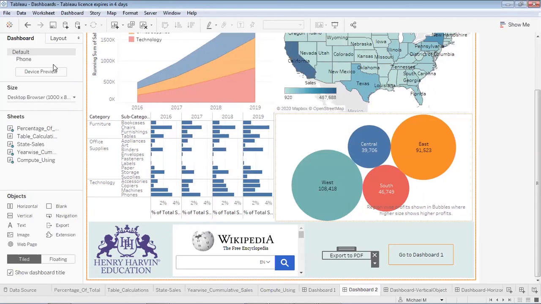One thing over here: right now, what we made was the dashboard in only default mode. If we would like to have these dashboards specific to a particular phone, say an iPhone or a specific phone, even that you can do. Since this is a 14-day trial version, you don't get an option to change the view as per phone or tablets. But if we buy a commercial version, we can easily change our dashboard visualization to suit the users who are seeing the dashboards on their cell phones or tablets.